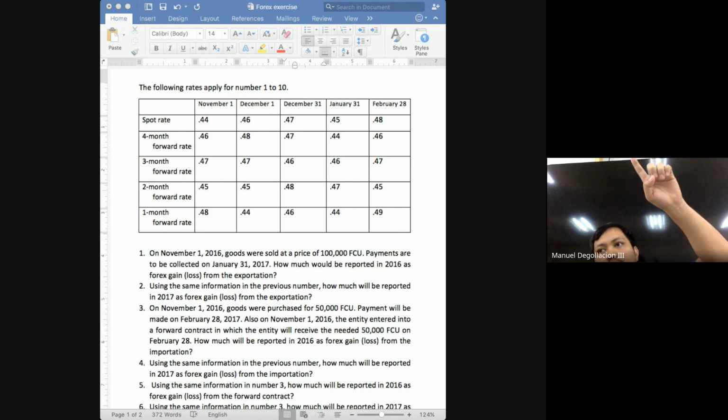On the date of delivery, what accounts are we going to recognize? Sales and accounts receivable if we are the seller, and purchases and accounts payable if we are the buyer. What is our objective in the adjustment? By the way, what are the adjustment dates, class? The adjustment dates are your reporting date and your settlement date. What is our objective in the adjustment dates? To adjust either the accounts payable or the accounts receivable for them to reflect the spot rate on those dates. We will talk about the